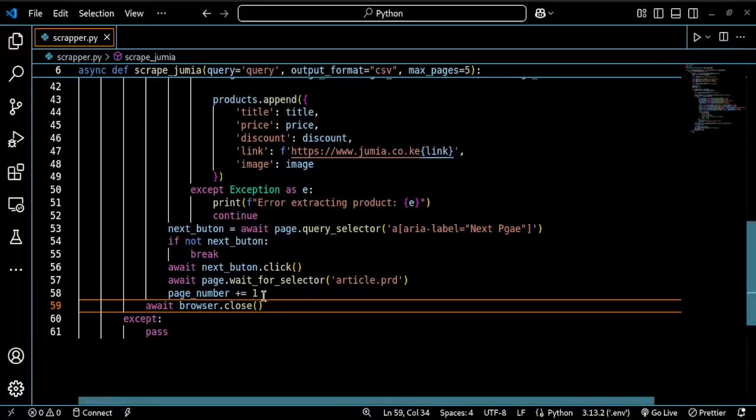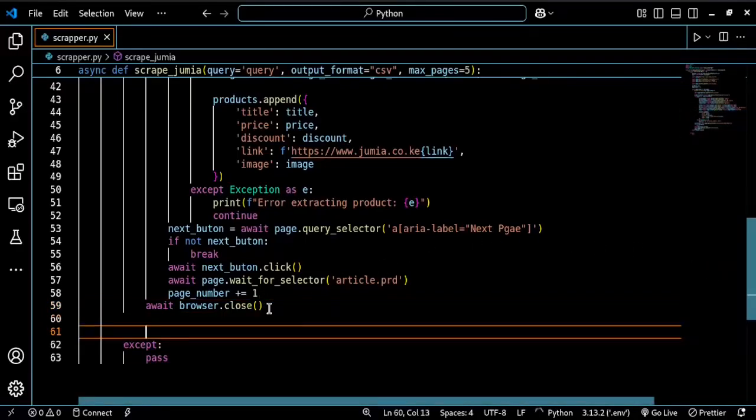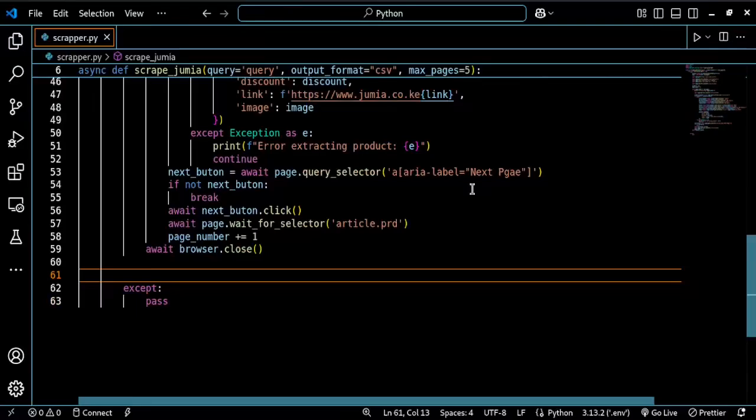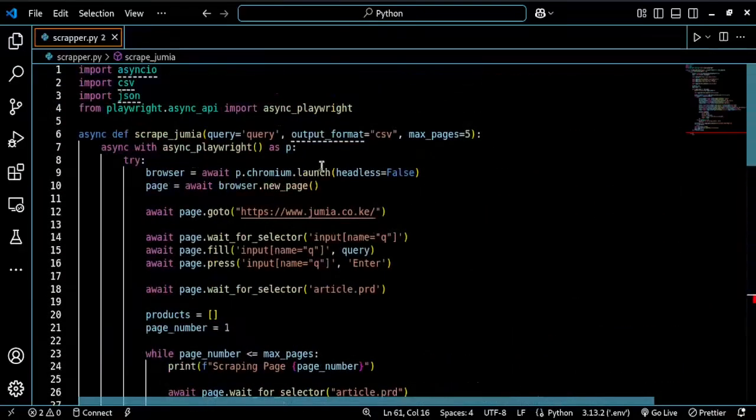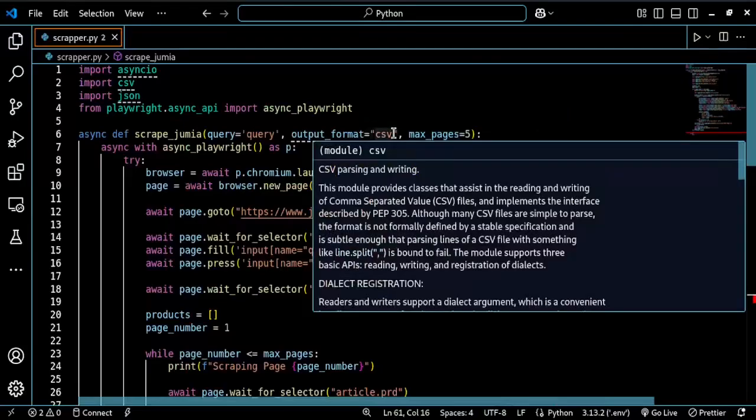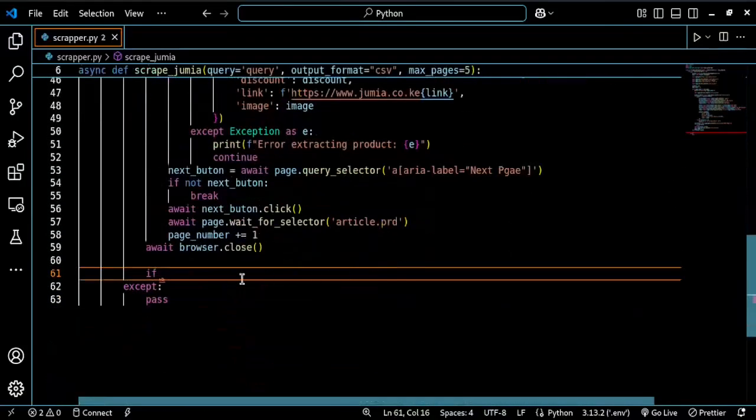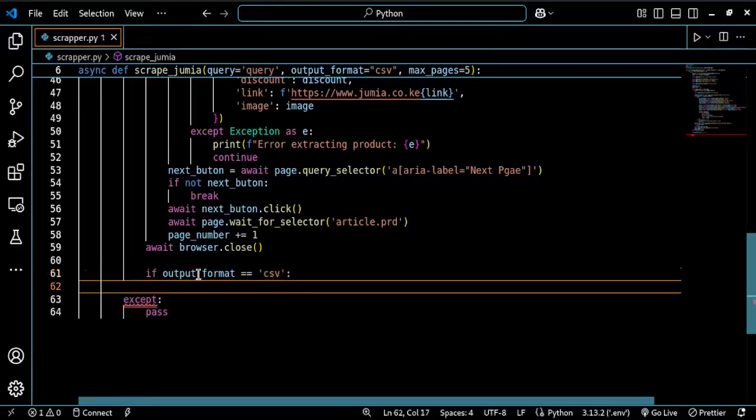Remember we have two file formats that we are going to use to save. We have CSV and we have JSON. So we are going to have those two formats covered. We need to start with the CSV. So we'll say if output format. Remember we had set our output format here, a default one, CSV, but now we have two output formats. So we want to say if output format equals CSV, then we need to say